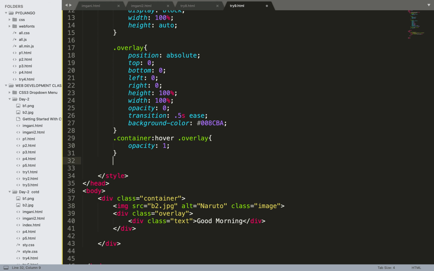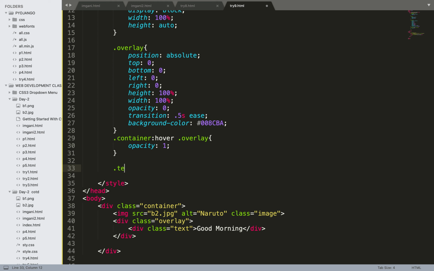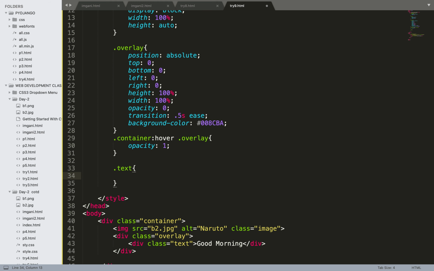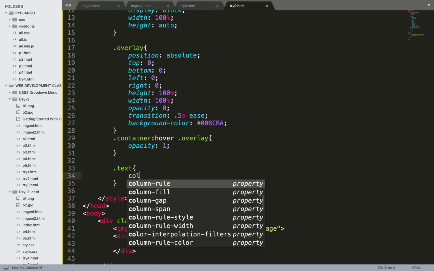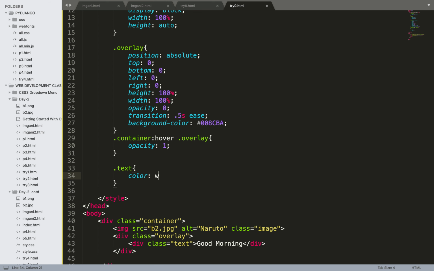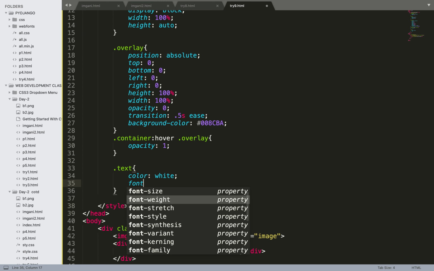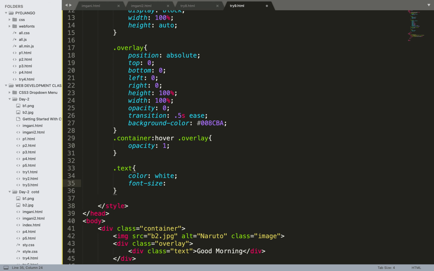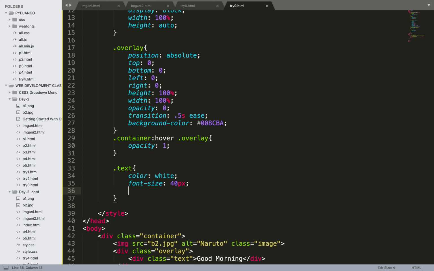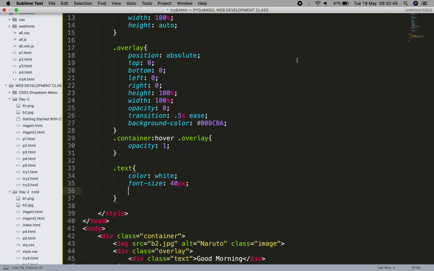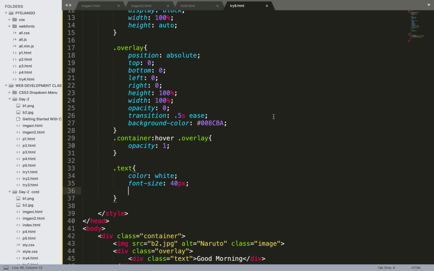Okay, and finally I want to assign some property to my text. Dot text, my class name was text, so let me add the color white, and font size 40 px. Font size done.